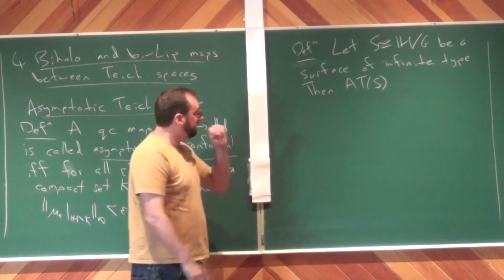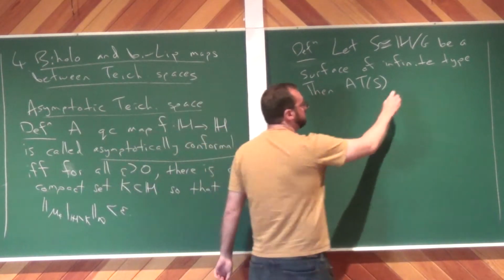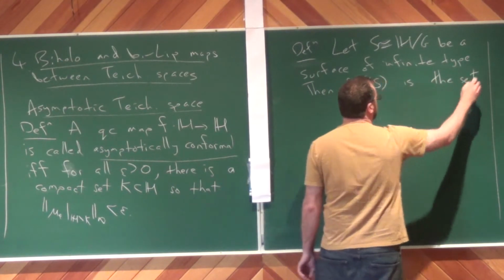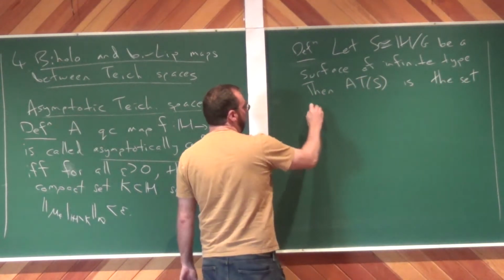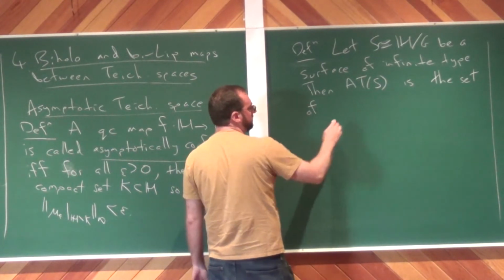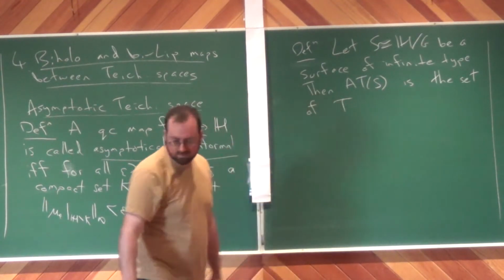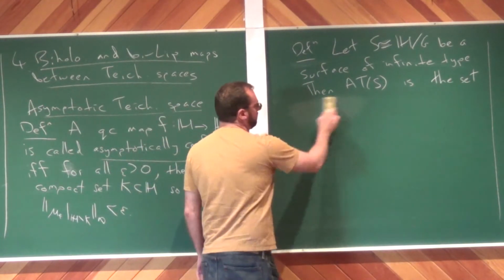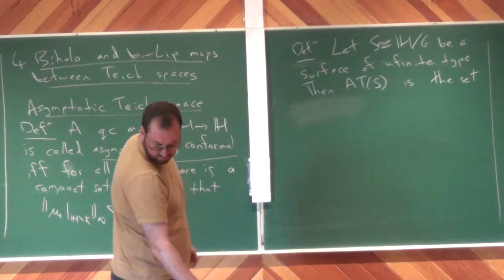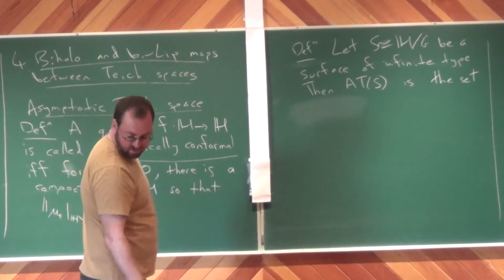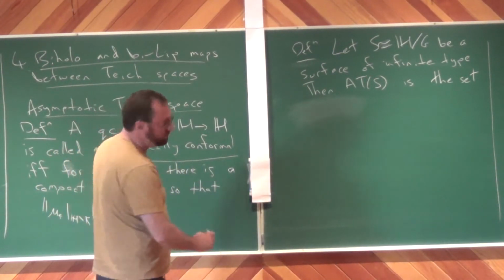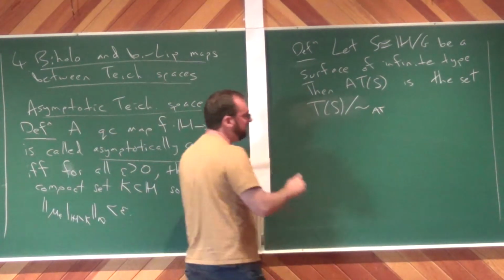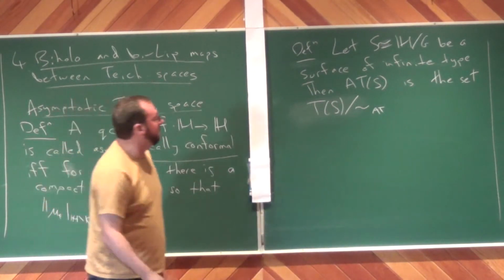Then the asymptotic Teichmüller space of S is, well, how should we write this? So it's the Teichmüller space quotiented by the asymptotic Teichmüller relation,